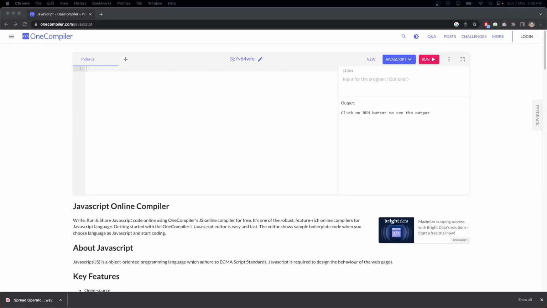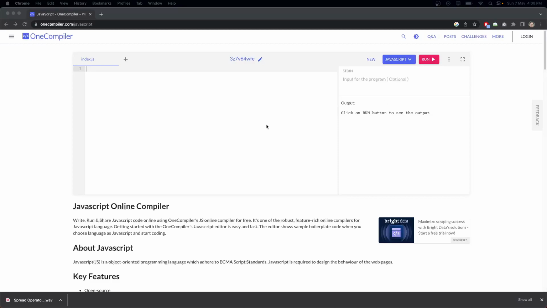In this video, we are going to learn about destructuring expressions of JavaScript for arrays and objects. Destructuring expressions are used to derive values from arrays or properties from objects and assign them to new variables. In order to understand this better, let's dive into the code editor and see how we use destructuring expressions for